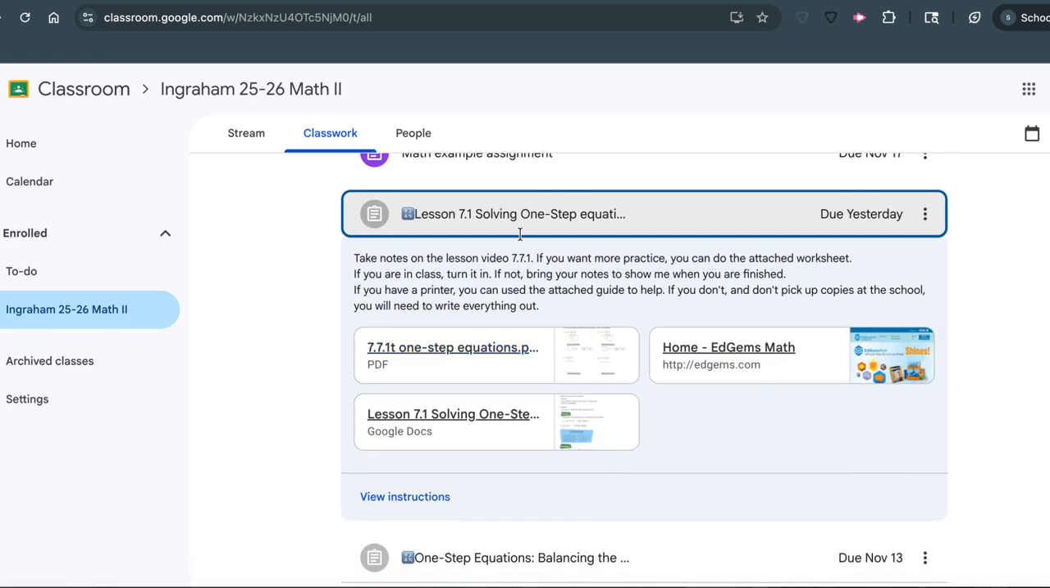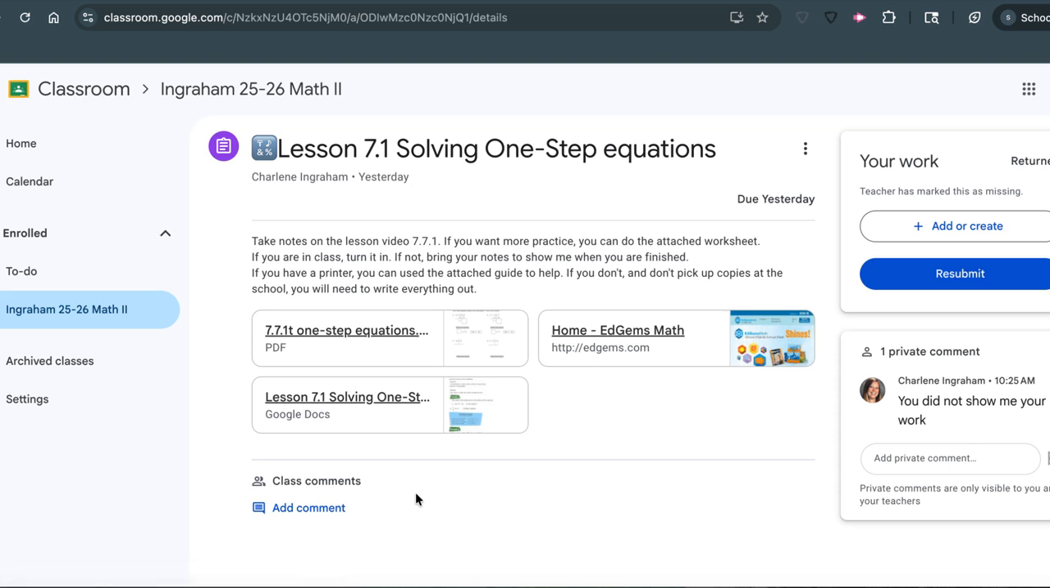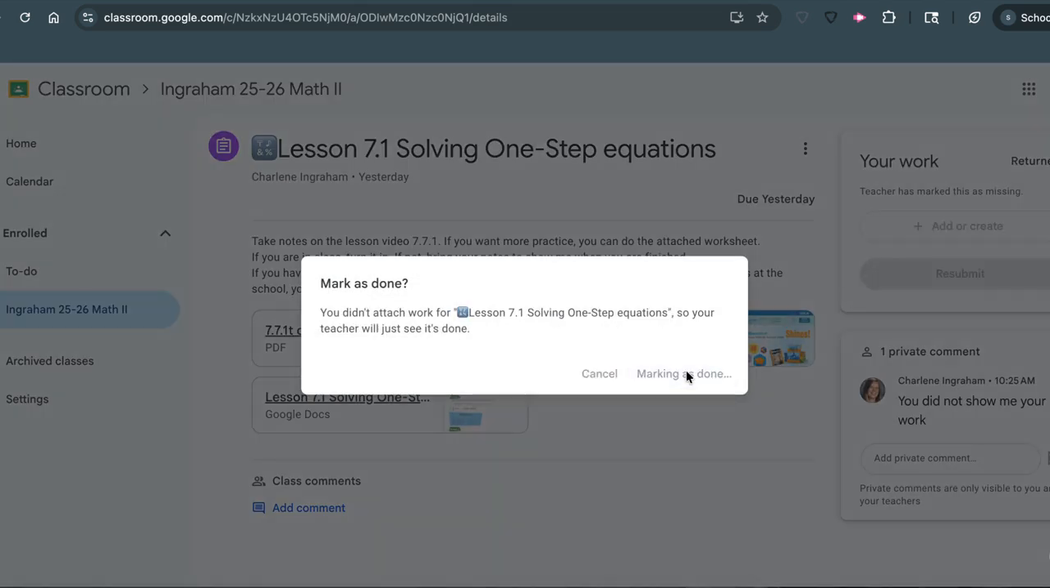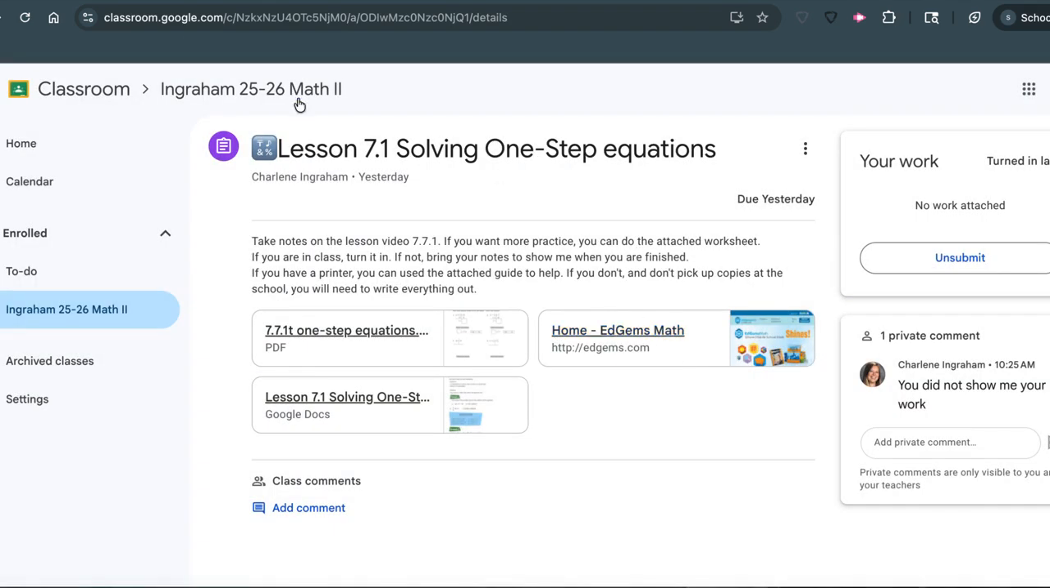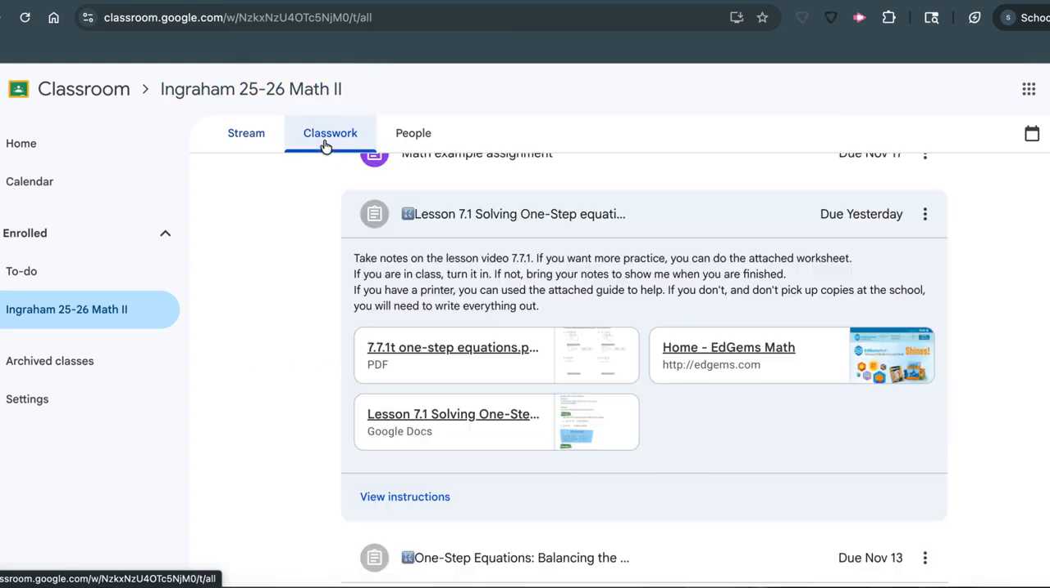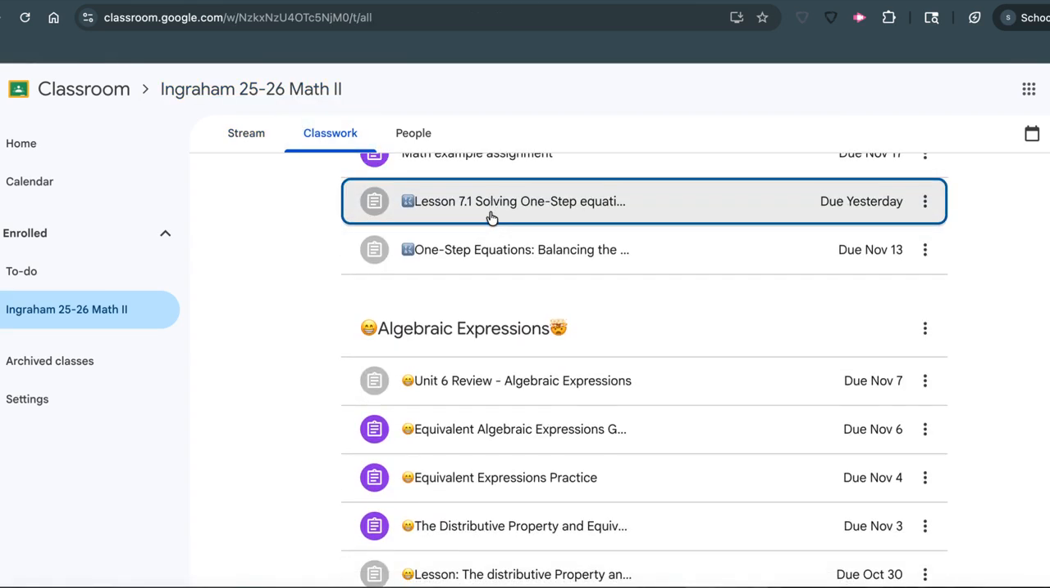So you could always open it back up and look at it. And she wrote a comment here: you did not show me your work. And she marked it back as missing, so that's why. So I can do what I need to do, show it to her, I can resubmit it, or I can go back and do what I need to do before I do that. So that's one